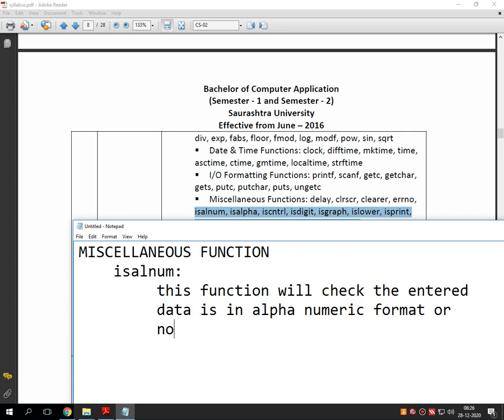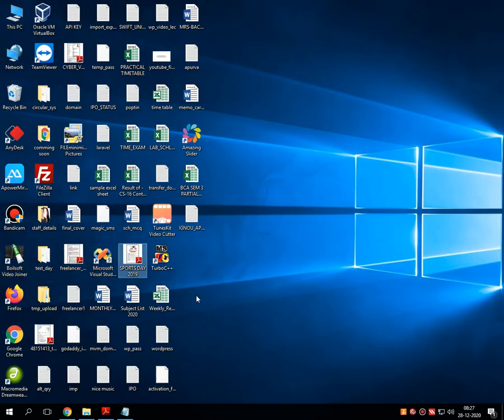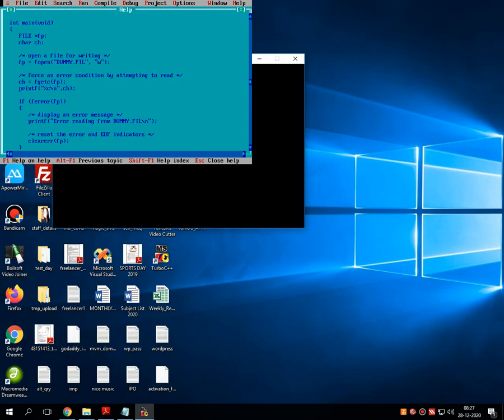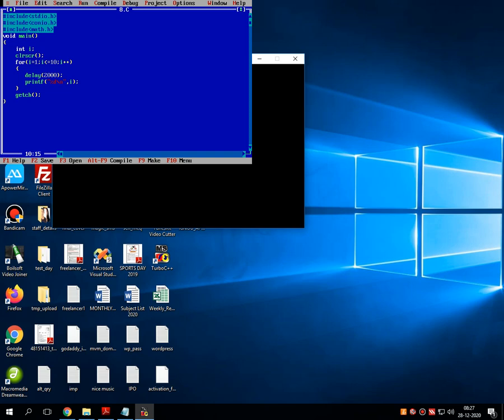Again, I am repeating my words: this function will check whether the entered data is in alphanumeric format or not. Now let's handle this function practically, so it would be more clear for all of us.